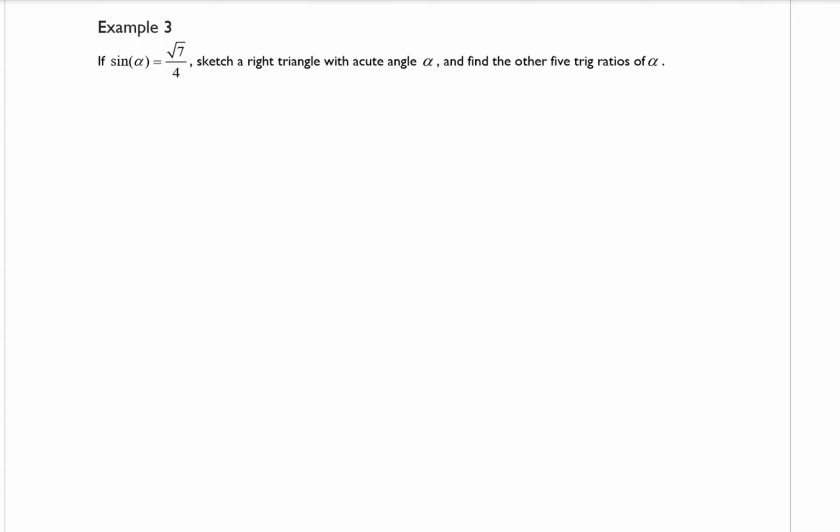Example 3 says if sine of alpha is equal to the square root of 7 divided by 4, sketch a right triangle with acute angle alpha and find the other 5 trig ratios of alpha. So I'm going to draw a right triangle here, and a small disclaimer is that this is definitely not to scale